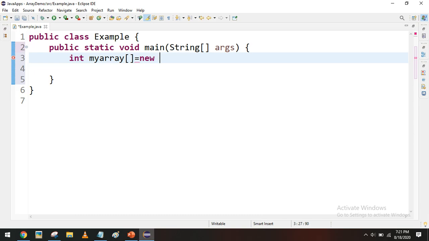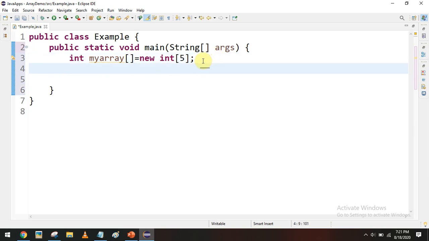Then here we specify the type, int, then square brackets. Inside we have to specify the size of the array. The size of the array you have to put on the right side, not on the left side, so that you have to understand. Once you create this array, it is an empty array, there are no values in it.